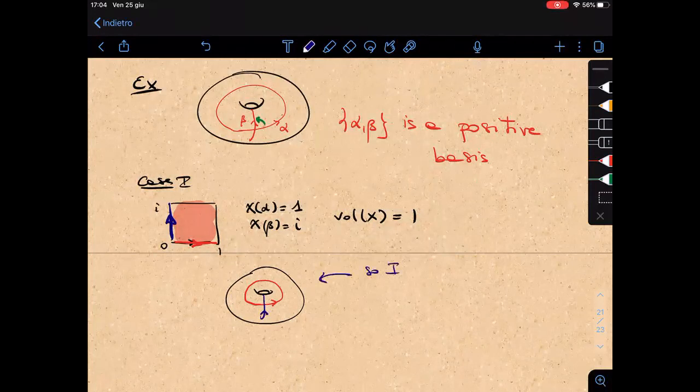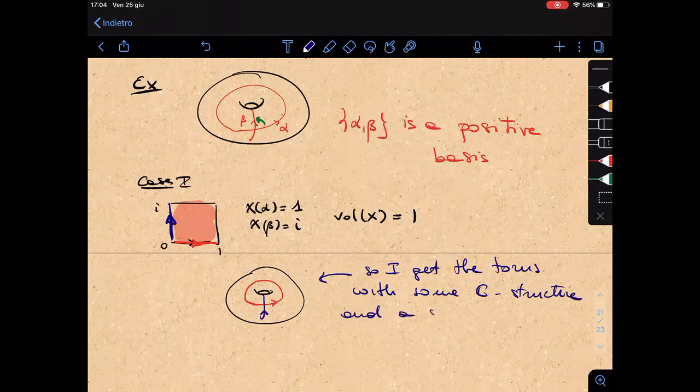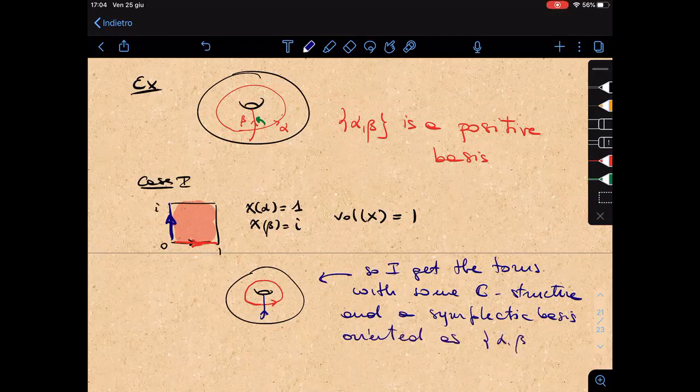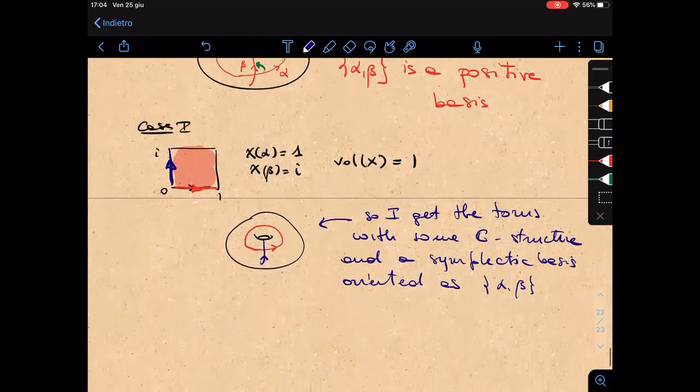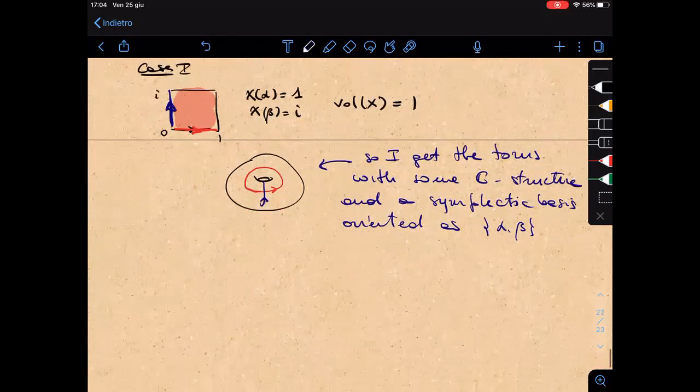So I get the torus with some complex structure and a symplectic basis oriented as alpha, beta. But now look at what happens if we consider not this square, but the mirror reflected